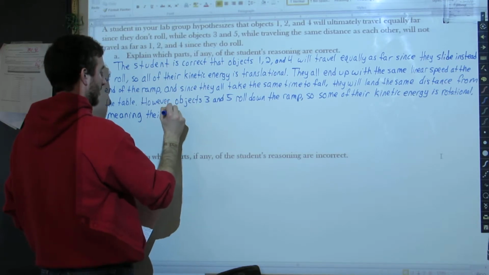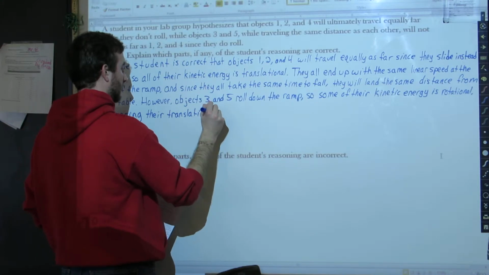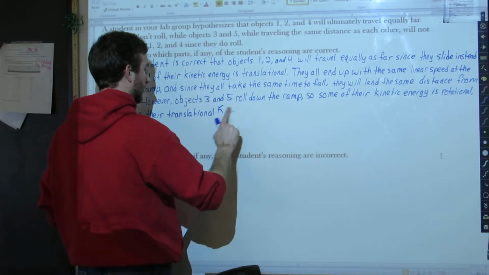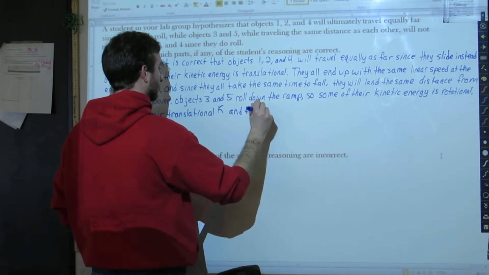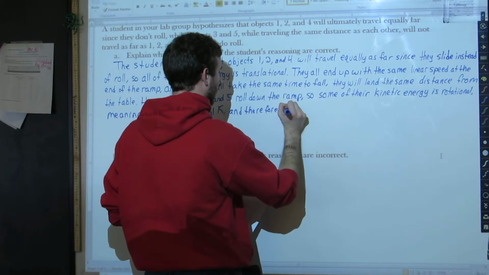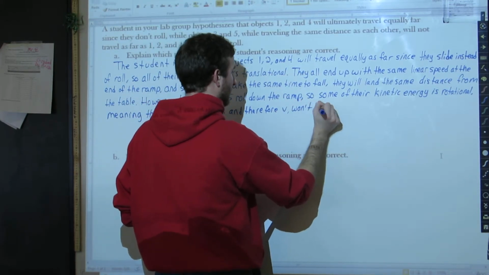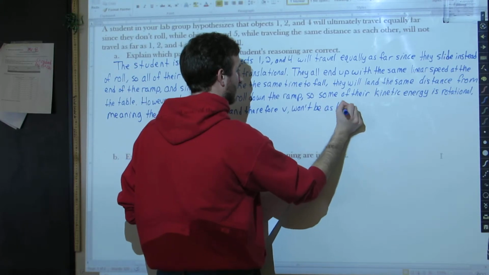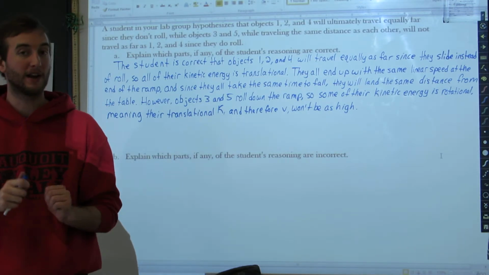Meaning their translational K, and therefore linear speed V, won't be as high. Now I do want to point out at this point that the total kinetic energy for